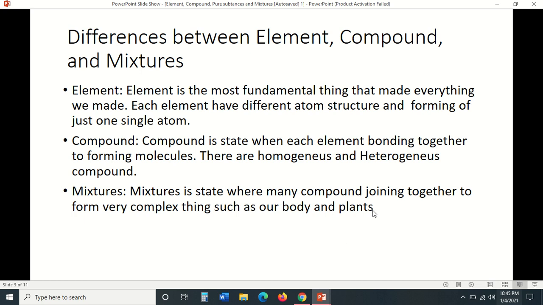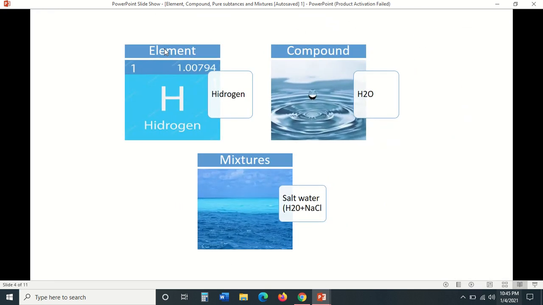There is magnesium in a flower, and then there is many more, and oxygen, and then anything. Okay, so this is an example of an element. Element, like we know, hydrogen. Hydrogen is just a single structure atom that consists of one single proton and one electron. So hydrogen is an element that only has one atom.